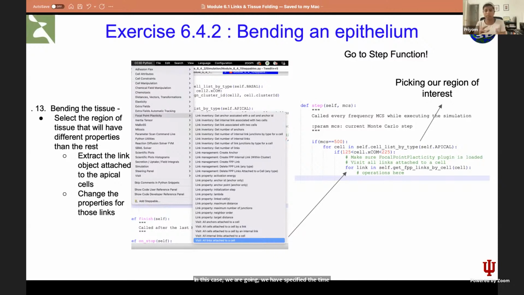So we're saying that if MCS is 500, that's when you start invaginating. We're also going to pick a particular region because that's how we're going to implement this asymmetry in the focal point plasticity parameters. And so what we're going to do is go to our cell type of all the apical cells. We're going to pick a particular region between 125 pixels and 225. And we're going to only pick cells that lie within that region to